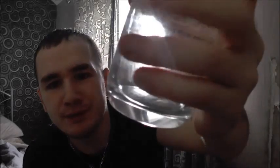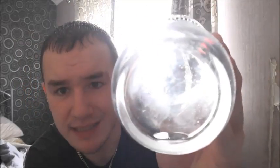And as you can see, although there were a few floaters when I first mixed it, it mixed pretty well now. Even when I drink it, let's finish that off. Apart from them little white bits there, if I do that, there's actually no powder